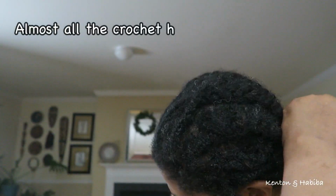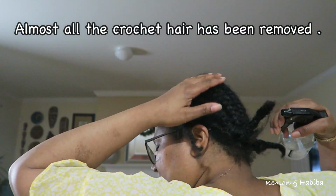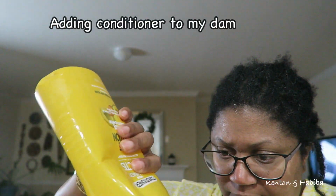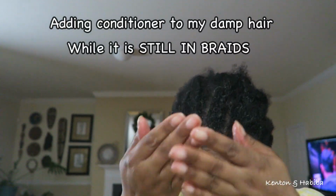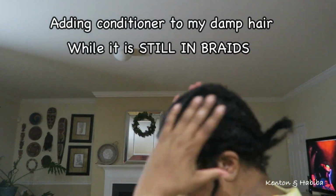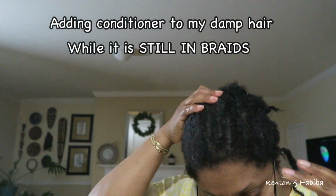So now I've gotten pretty much all of the crochet hair pieces out of my own hair. You can see that I have a lot of new growth. And now I'm going to be adding some conditioner to my damp hair. Now I know that might be very different than how most people do it, but I'm telling you this works for me. So this is pretty much how I do it and how I'm able to retain length and not